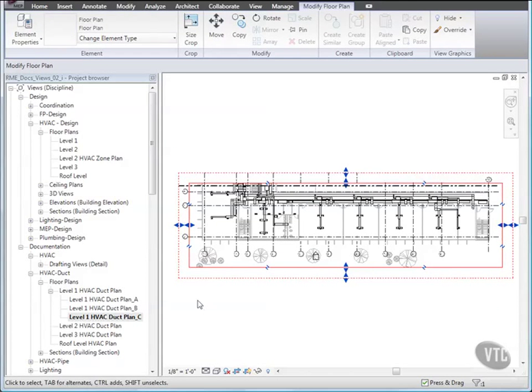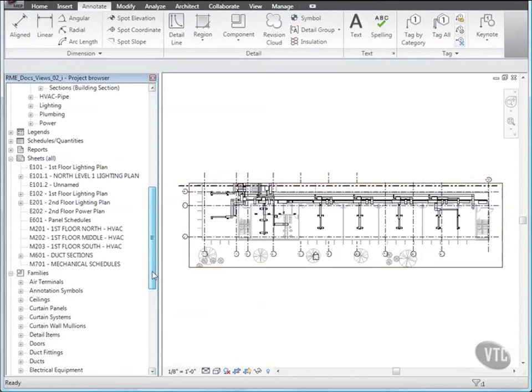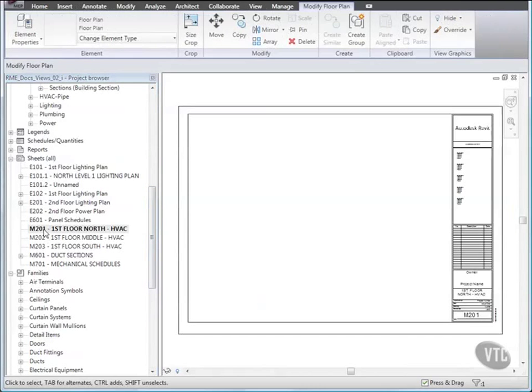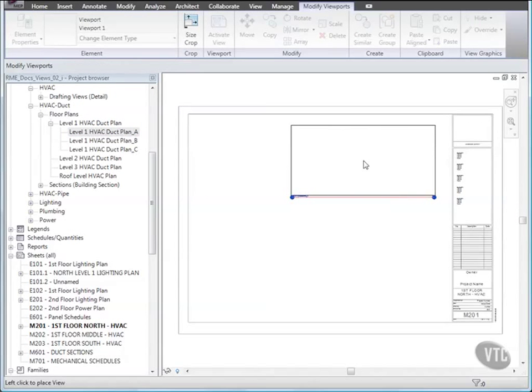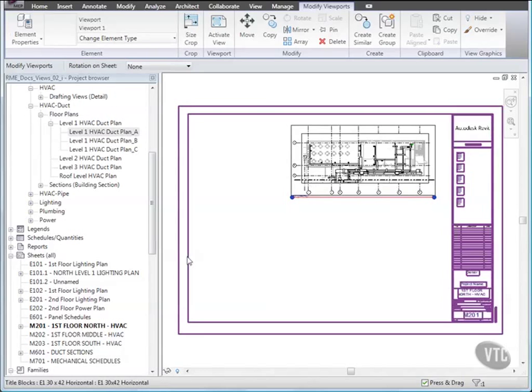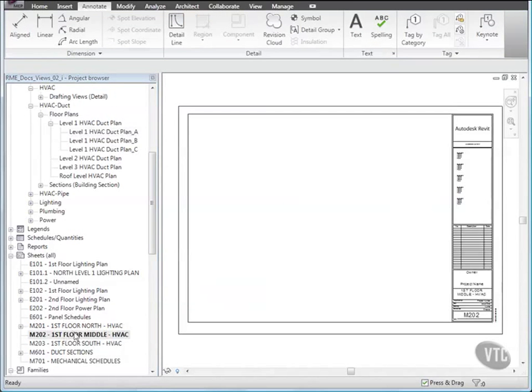Next, open sheet M201 and drag Plan A from the project browser onto the sheet. Click to place it, and using the same method, drag Plan B onto sheet M202,